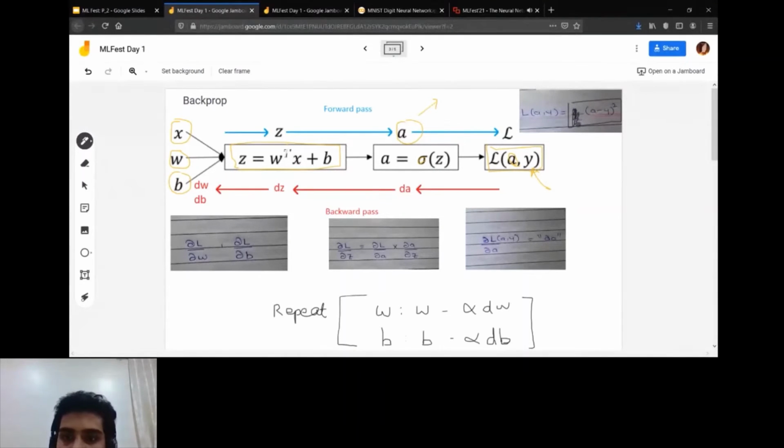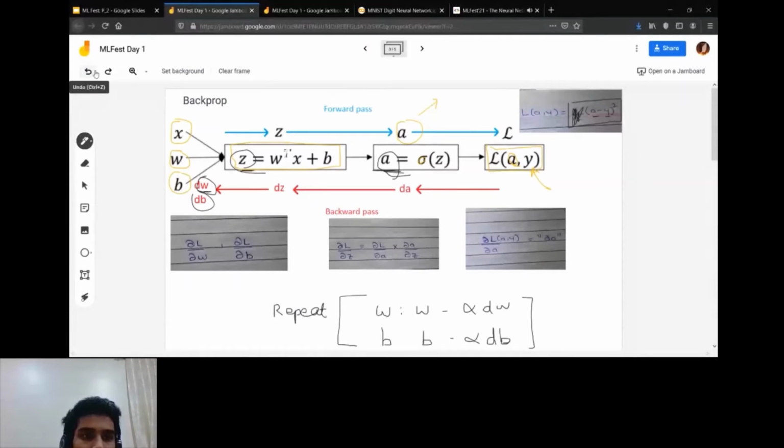Again, a recap. We'll look into the details and the formulas afterwards, but just for our understanding, let us take this loss function as the predicted minus the target value, squared. Now what we do in backward propagation is differentiate this loss, first with respect to the output A, then with respect to Z, then with respect to the weights and biases, giving dA, dZ, dW and dB.